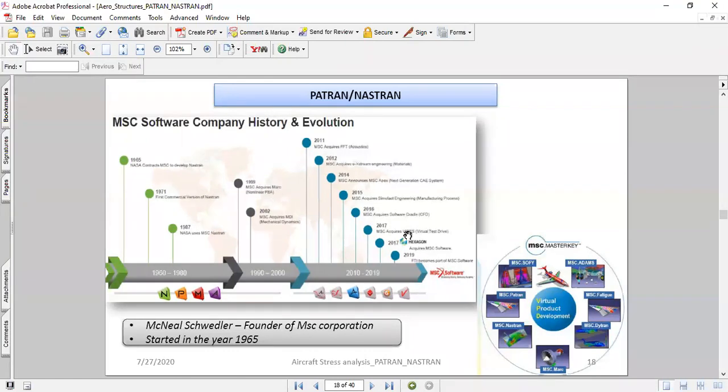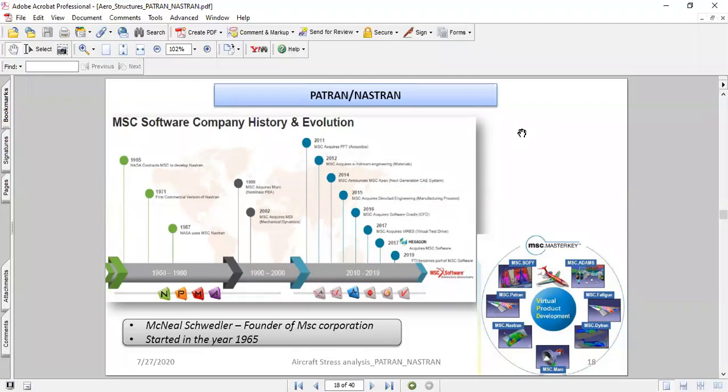I do completely agree that there are many commercial tools available in the market, such as Abaqus and ANSYS, which are equally powerful and capable enough. Most engine companies and landing gear companies tend to use ANSYS because ANSYS provides a lot of different features for 3D meshing and 3D elements. Whereas Patran Nastran is mainly used for 2D meshing, two-dimensional shell kind of capabilities and those kind of stuff.